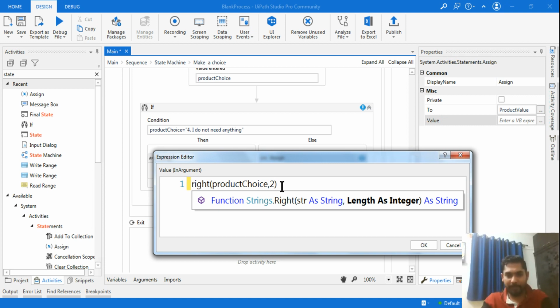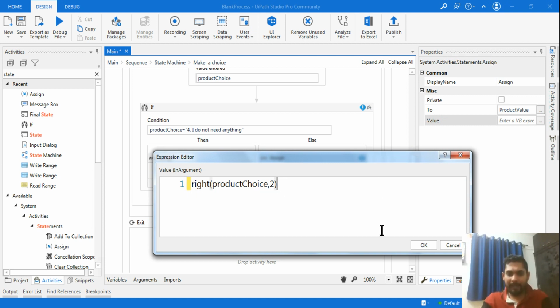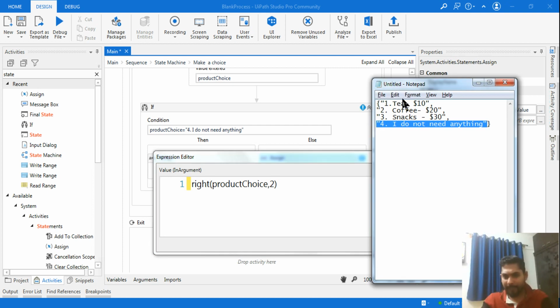Right(product choice, 2) means that from your entire string, it will go to the extreme right and from there choose two characters. The two characters are nothing but 10. So product choice variable contains your entire selection, and from there it will only choose the last two characters, comma 2, from the extreme right-hand side. That is the meaning.